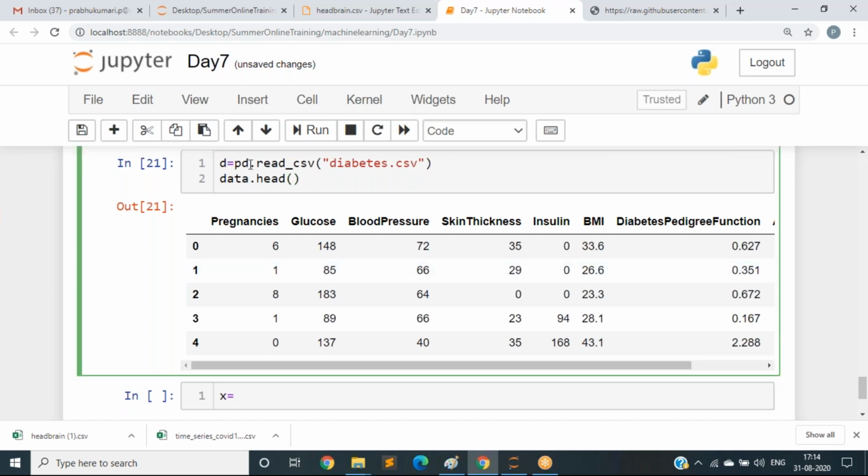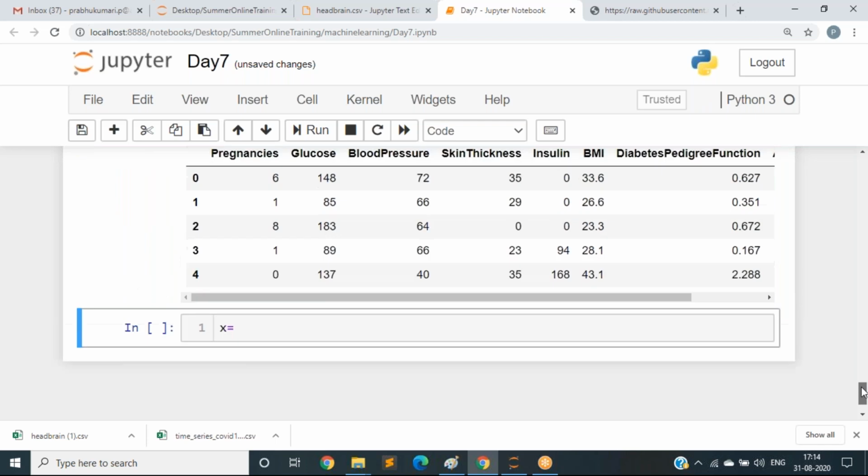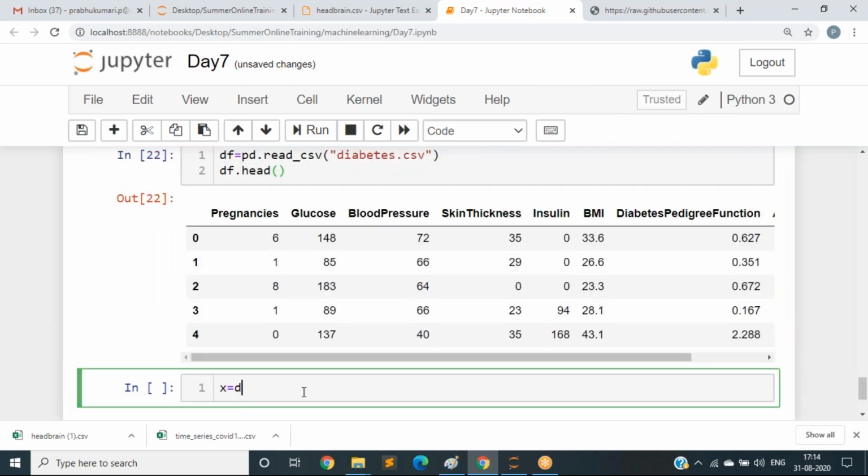Let us take df here; for the previous data set we took the variable as data. X equal to df.iloc. The syntax in iloc is slicing of rows and columns. We need all the rows here to train our model, so I am giving it in this way.